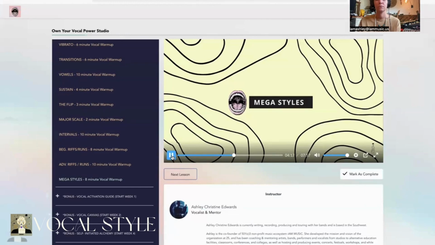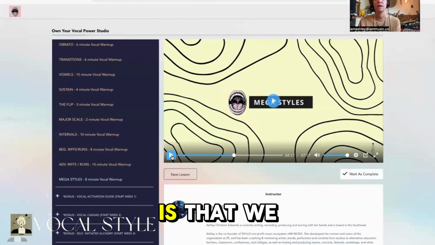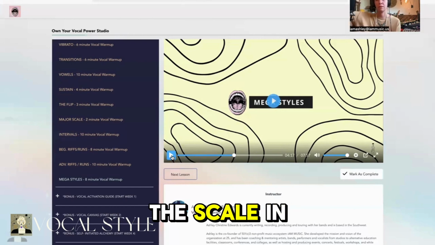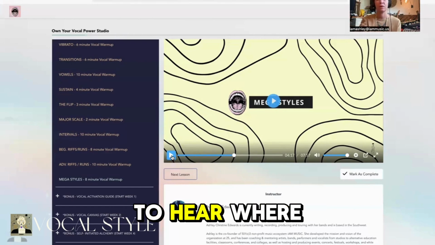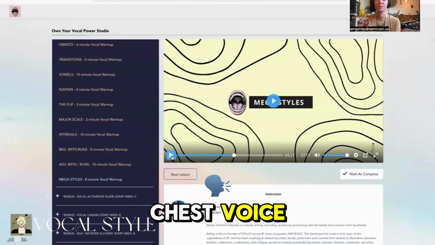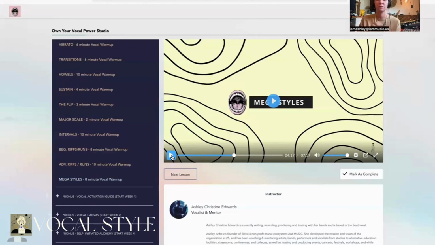No I. The tricky thing with this is that we're ascending in the scale in this melody sequence, so it might be a little confusing to hear where the volume is because I'm using chest voice transitioning to head voice, decrescendo, crescendo. But let's try it again.